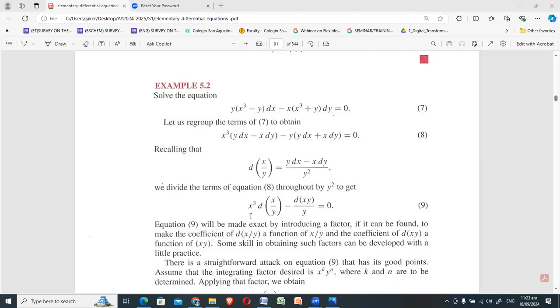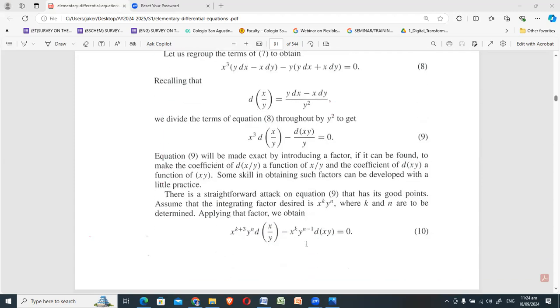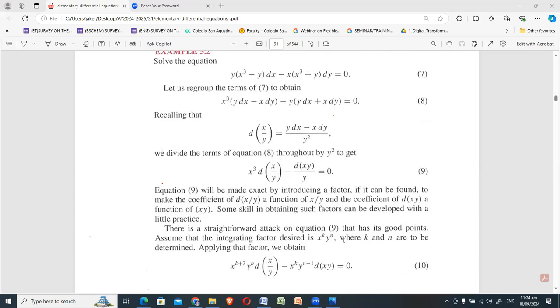Here you are lacking a y, because x cubed alone has no y in the first term. Here in the second term you are lacking an x, because there is only y. So whatever your u is, the coefficient should match it. But you are lost as to what should be the exponent of the x and the y that you will multiply to this. That way, you're addressing your problem with the first term, and also your problem in the second term. You do not know the exponent of the x and y. Since you do not know, you assign it letters, any letter you want. In this case, the author assigned k for x and n for y.